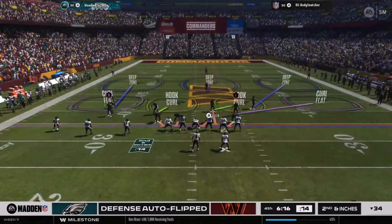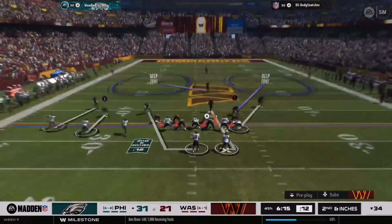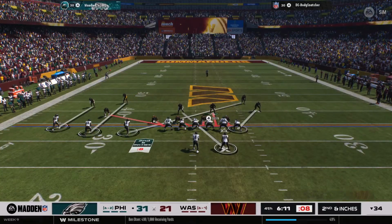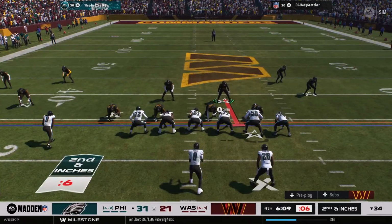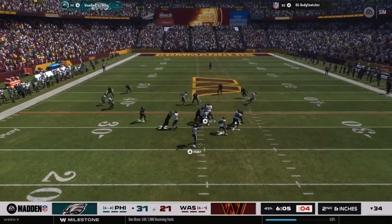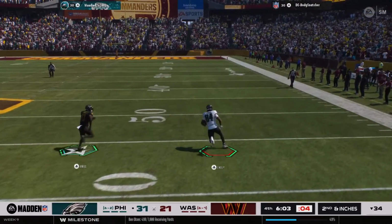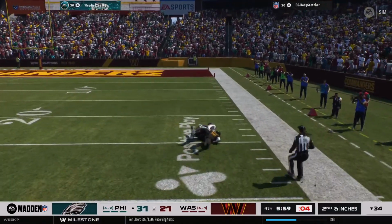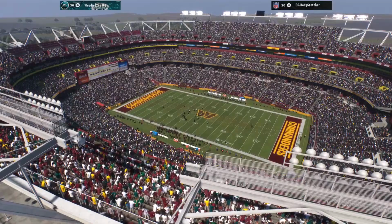Second and inches. Here we go. 19 Charger, 18 Cardinal. Ready. Now they'll set up to throw. Short, complete to Likely. Big strides. Look at him go. And he's going to be...